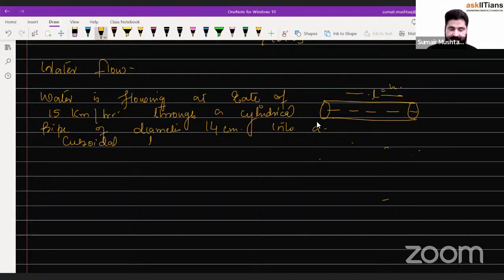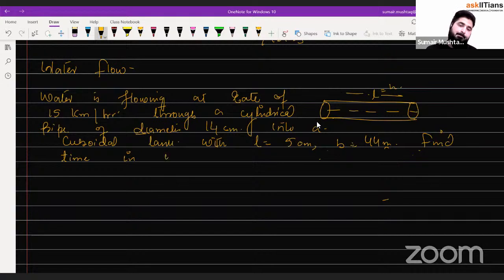Into a cuboidal tank with length as 50 meter, breadth as, you can take this as 14 meter as well. No, 14 centimeter, because I'm going to change it. 50 meter, breadth you can take as 44 meter. Find time. See what you have to do. Find time